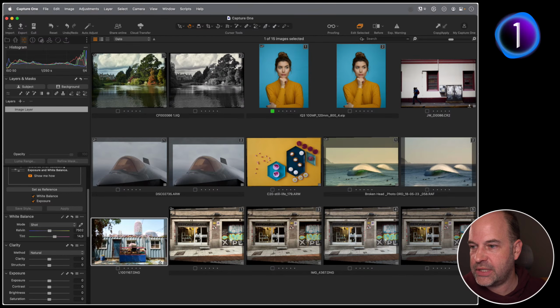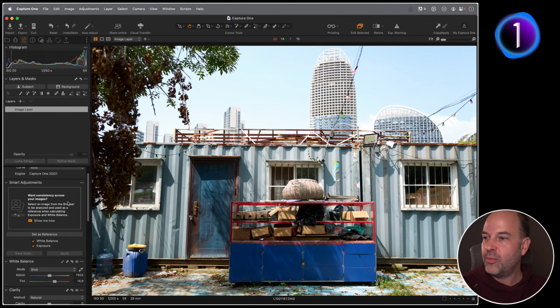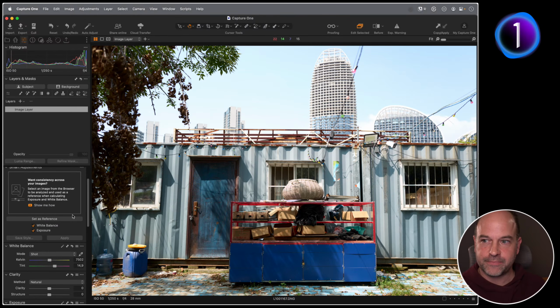Let's take this one. We didn't do this one this morning, but the reason I picked it out is because we've got new shiny tools, AI masking and so on. We've got Magic Brush, which is still an option, and we've got older legacy tools which have been around since Capture One 12 or whatever. Now, whenever you get a new shiny toy, you're always keen to try and use that. But don't forget the tools which exist in the first place.